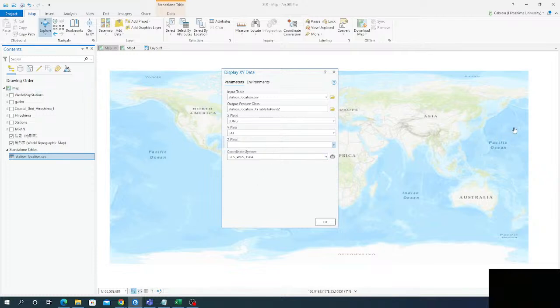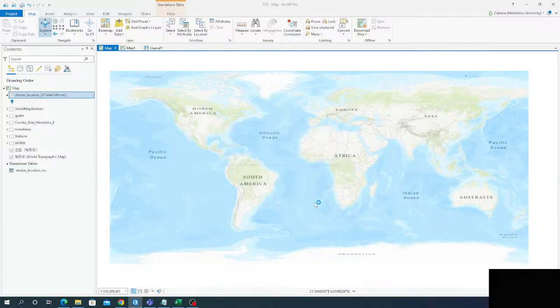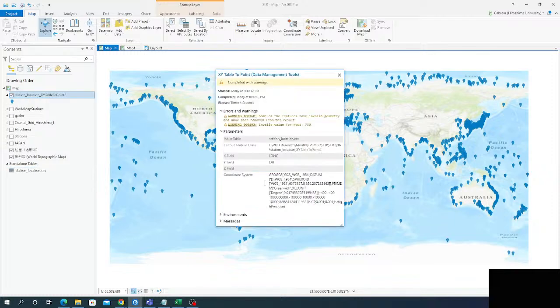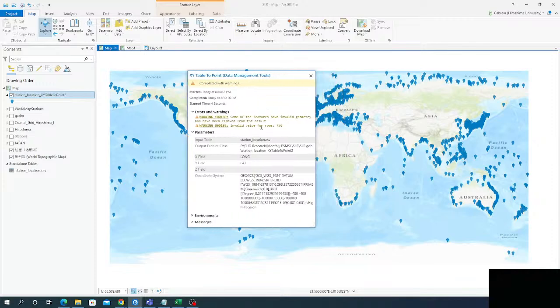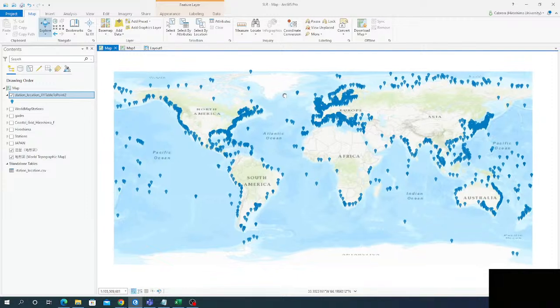Since I am using the world, I am using WGS 1984. Okay, and click OK. Wait for a while. See, there's an error, but this is only a warning, so just neglect this one, and it will display all the data set of your